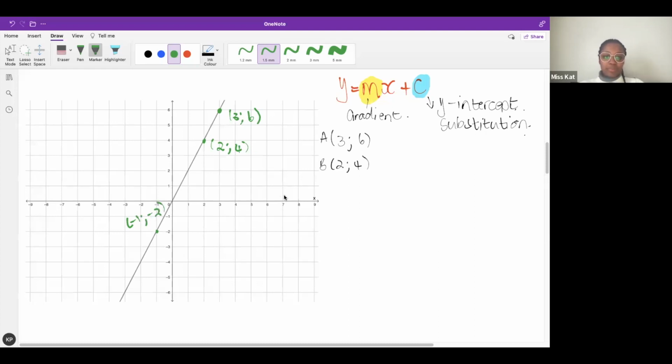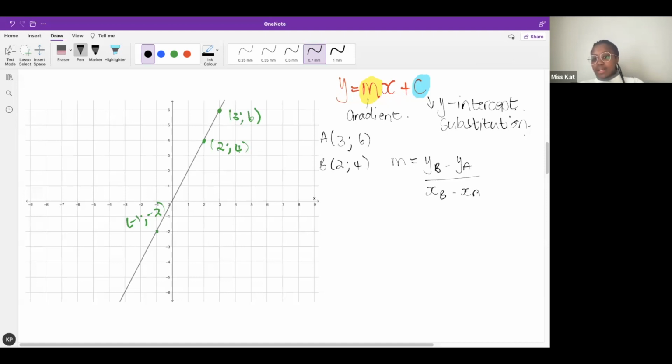There we go. Okay, I'm going to remind us once, and I'm hoping we remember from now on. Remember, the gradient is the y at B minus the y at A divided by the x at B minus